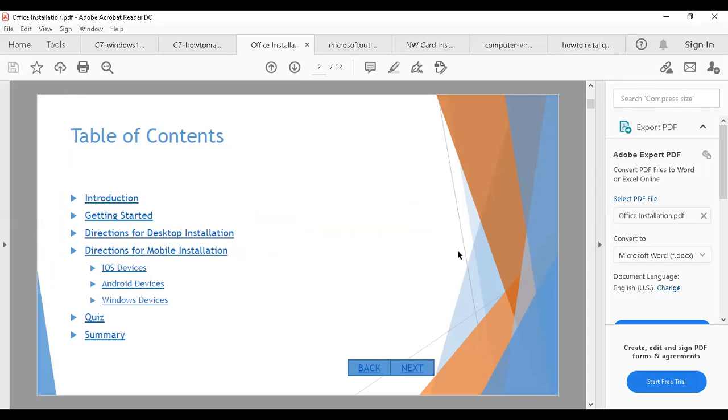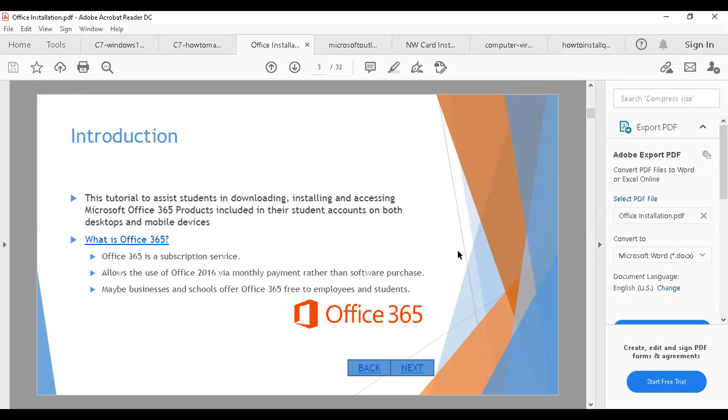On mobile, how to install on a Windows device, Android device, or iOS device. You will be knowing in further slides. Introduction. This tutorial is to assist students in downloading, installing, and accessing Microsoft Office 365 products included in their student account on both desktop and mobile devices.